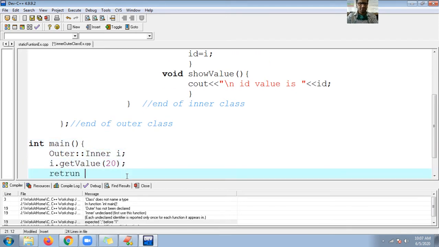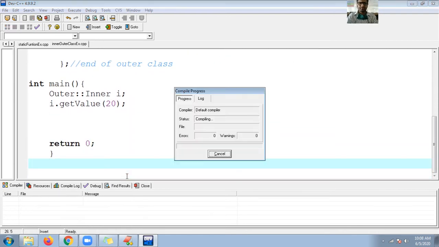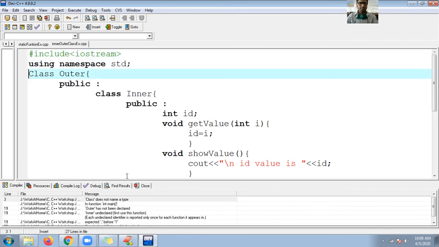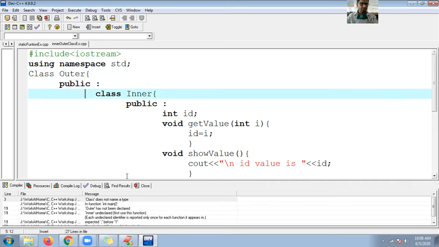So return 0, control S. Class outer, public class.